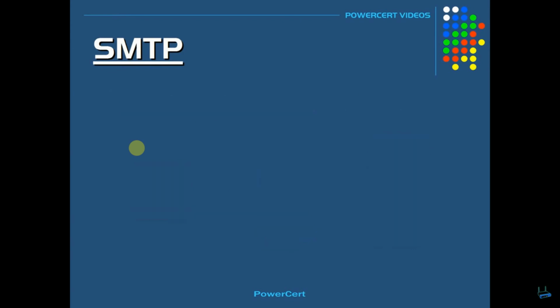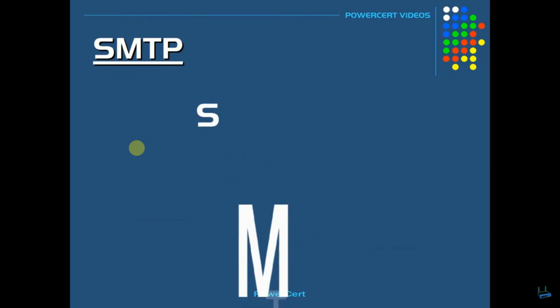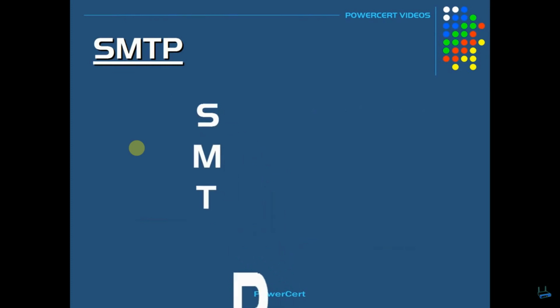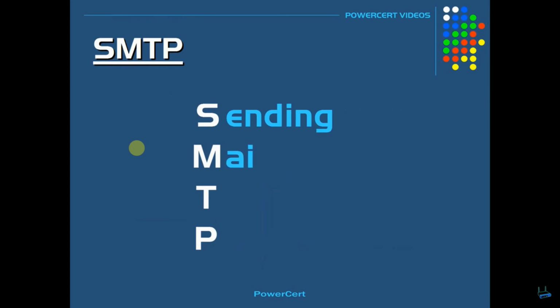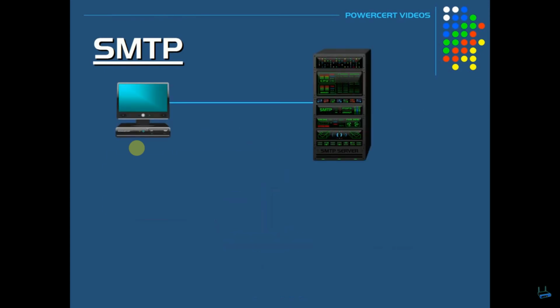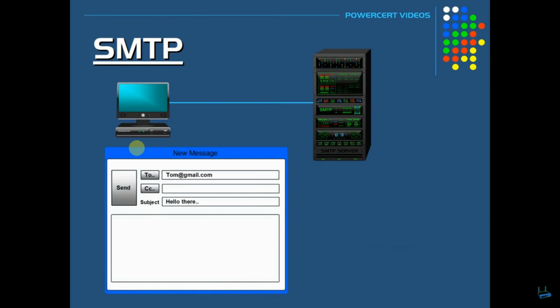A good way to remember what SMTP does is by looking at the acronym SMTP and associating it with sending mail to people. As an example, when you write an email using an email client such as Microsoft Outlook and you hit send, the email travels from your computer to your email server using the SMTP protocol.